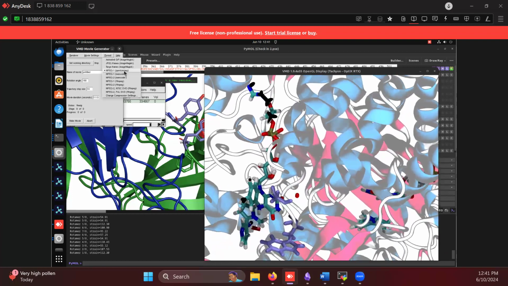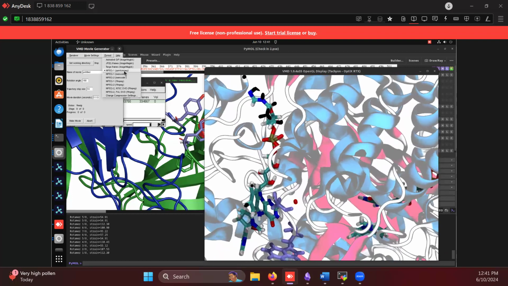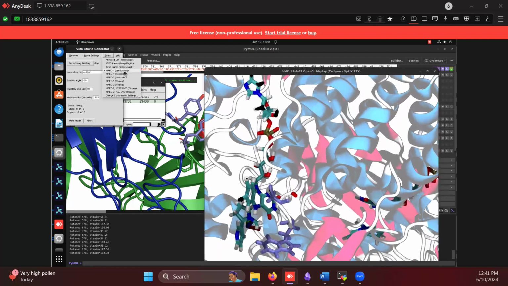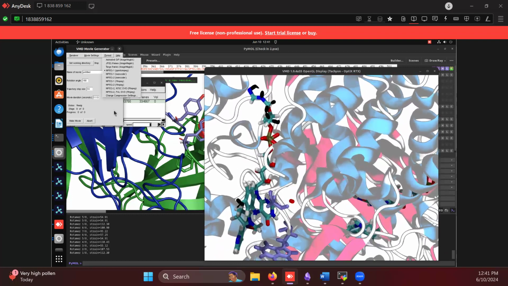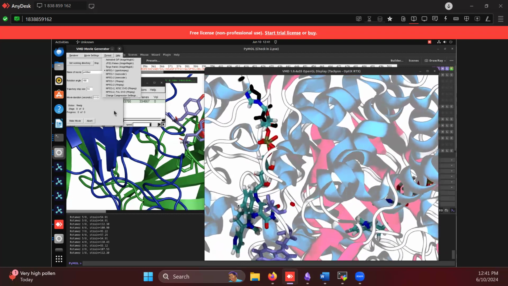So I tried with MPG today, but it didn't work. You need some other extensions for that. So the best thing that you can do using VMD is use this and get your frames